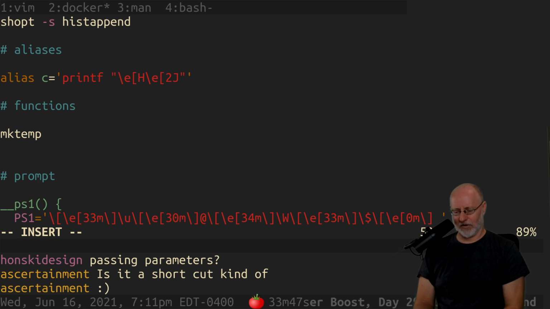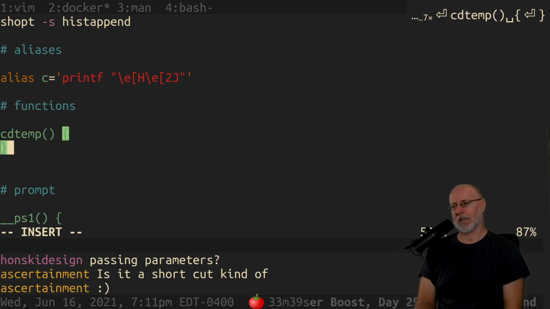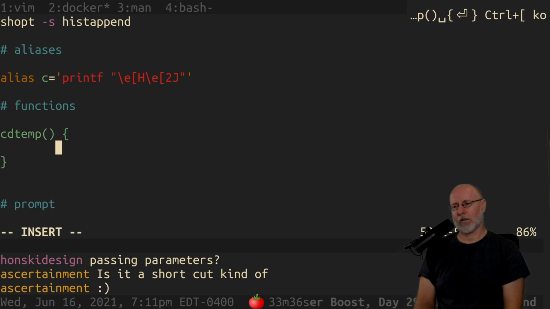And actually, that's already a thing. We can't use that. We could do, how about this, about cd temp. How about that? I mean, that's kind of fun. All right, so this has got a lot of elements to the function that make it good as a bash